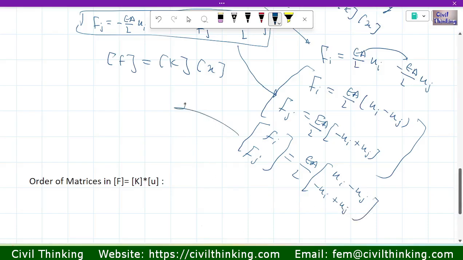Now when we simplify this, here it is going to be Fi, Fj, it is going to be EA by L